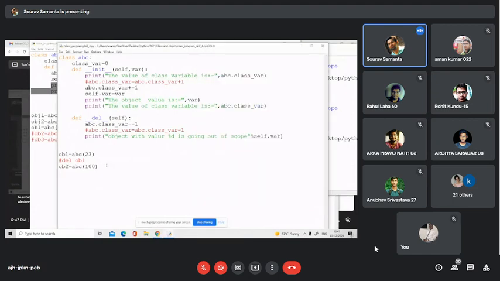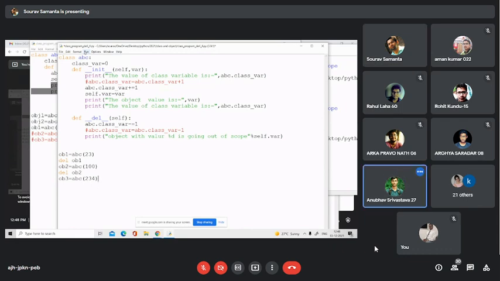So if I use del ob2, and ob3 equal to abc, what will be the final value?